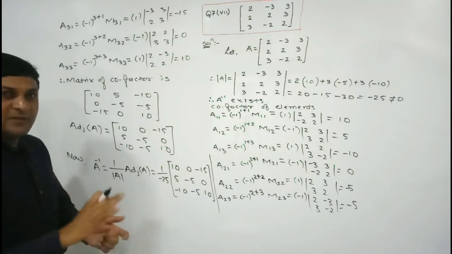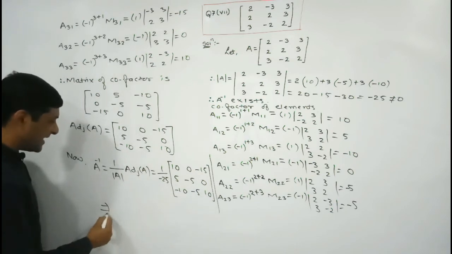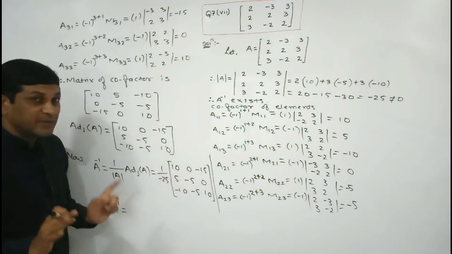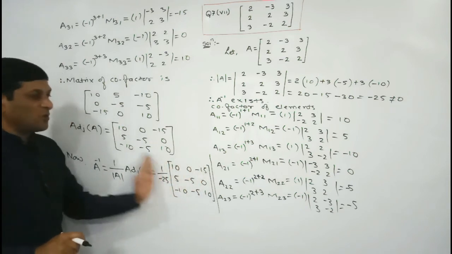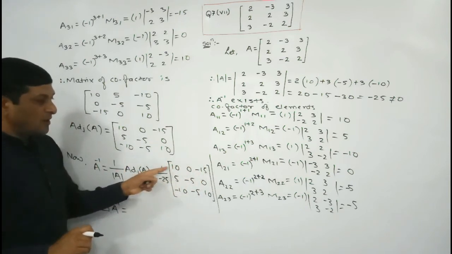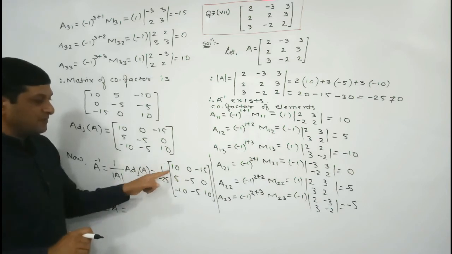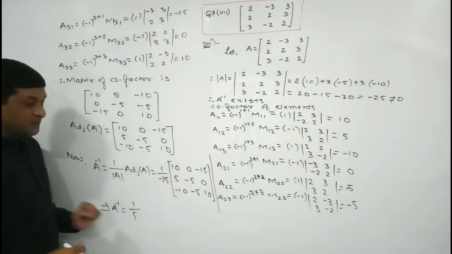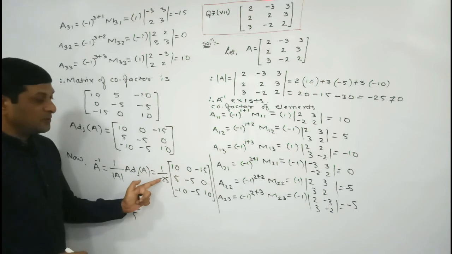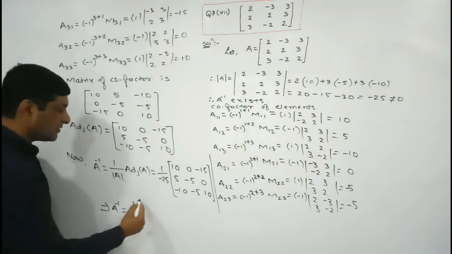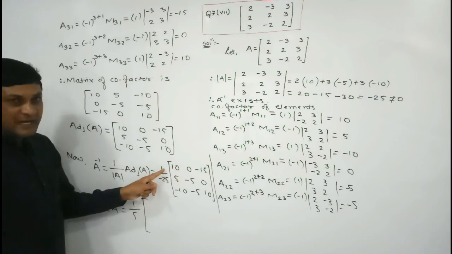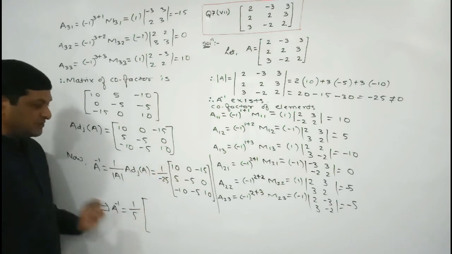Just try to convert it into simplest form. So A inverse is equal to, now if you observe, all the elements of this matrix are divisible by 5. We are able to take 5 common from all the elements. If we take 5 common, then 5 upon 25 will become 1 upon 5, and 1 upon minus 5, because the minus is also there. But if you want to eliminate this minus, then we multiply this minus into all the elements of this matrix. Again observe, first we have taken 5 common. Taking 5 common, here we will get 5.